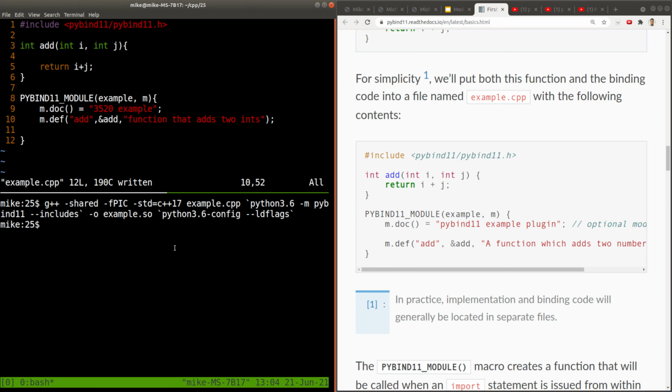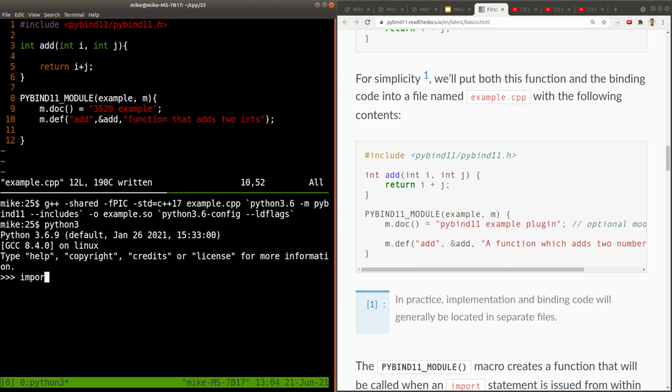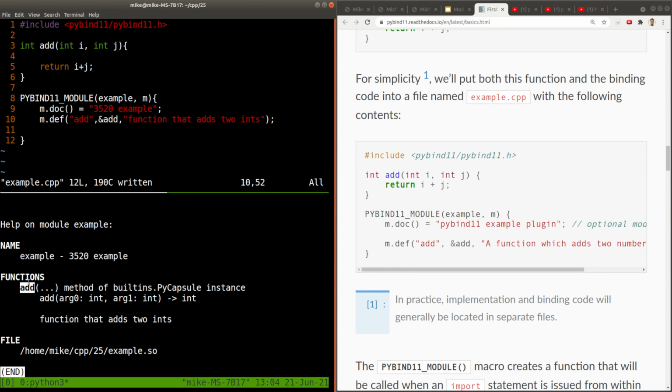And if I run python3 and then just import example, now it's happy. So it needs to match this name here of the Python module that we're exporting. Otherwise, it'll get a little bit confused. So there can be some little tricks like this that you have to be a little bit careful with. But it's kind of cool that it'll work here. So now if I do help and then I wrap example, it'll tell me that, hey, I have this add function as part of my example library from our 3520 example library. And what does it do? Well, it's this function that adds two ints, so that comes from here.